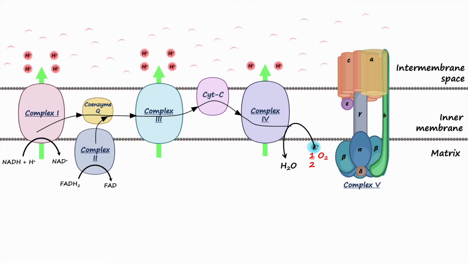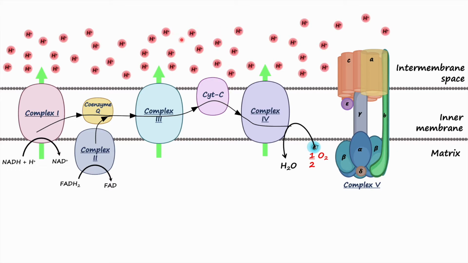it will create these proton gradients. Basically what it means is that more protons are being driven out from the mitochondrial matrix into the intermembrane space. And this also creates an electrical gradient with more positive charges on the outside of the membrane, which is the intermembrane space, whereas the matrix becomes more negative. And furthermore, it also creates a pH gradient where the outside of the membrane has low pH, whereas the mitochondrial